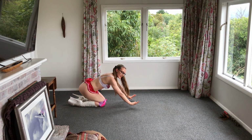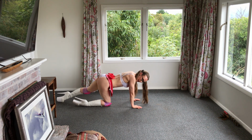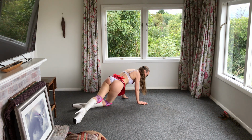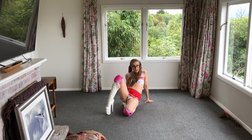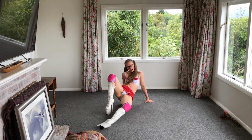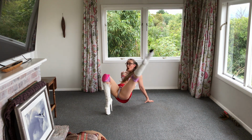Okay, onto the hands and knees. The back leg, so it's the left leg this time, extend, keep it straight, circle, circle, circle, close the knees, roll it through, right leg up this time, unravel the left leg, scoot, scoot, over,